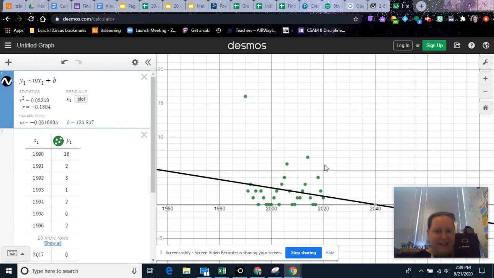So even if he did exist here, why would the sightings be going down? When I'm thinking about this, sightings should be increasing, because unless Bigfoot really is just this one person walking around the United States like Santa Claus, there's probably more than one Bigfoot. And so wouldn't the population be increasing?